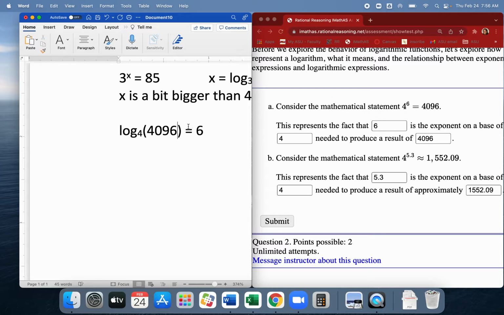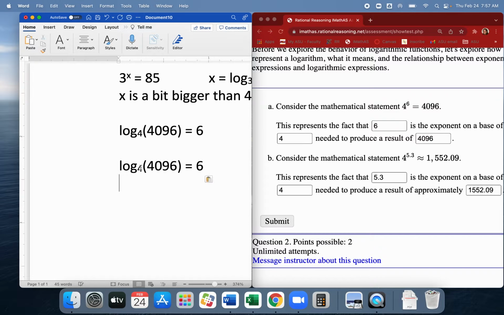So when you see a log expression like this, across an equal sign from a number, you can think, oh, that number is an exponent, 6. So in fact, this whole log expression is representative of an exponent. Specifically, it's the exponent that turns a 4 into a 4096, and in this case, we know its value, that exponent is 6. So we turn a 4 into a 4096 using the exponent 6. And similarly,